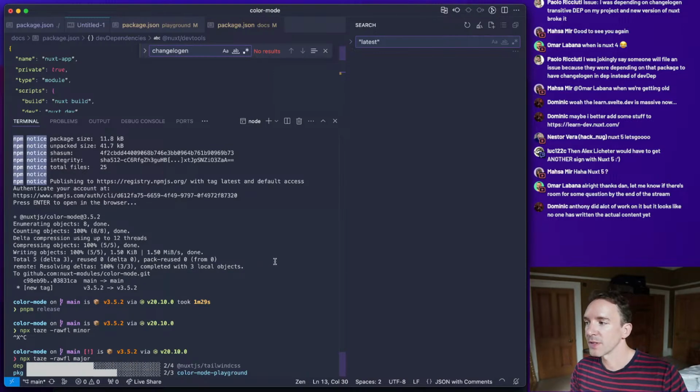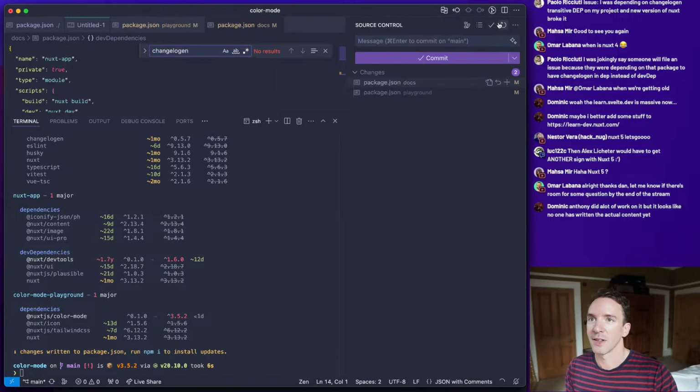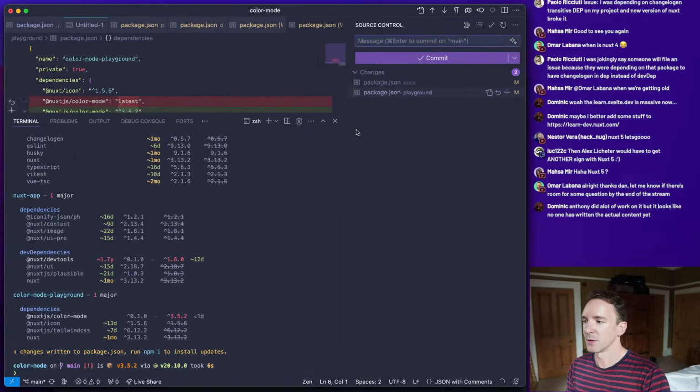Exactly. If anyone wants to write the content, because learn.nuxt.com is like it's good. Like the implementation is nice. It'd be really nice to be able to